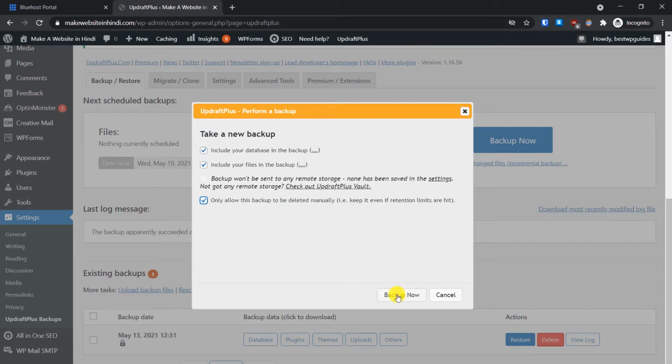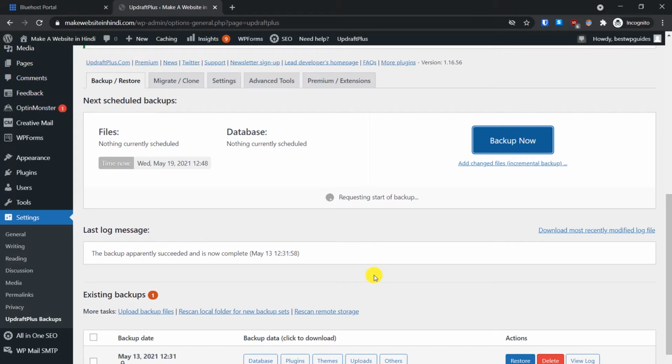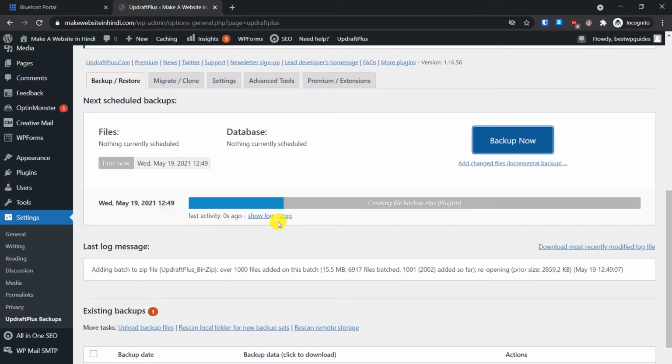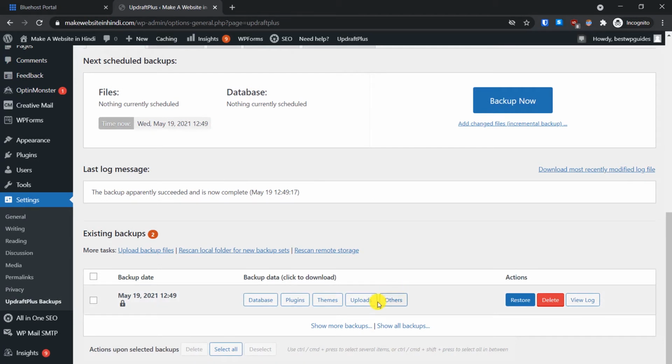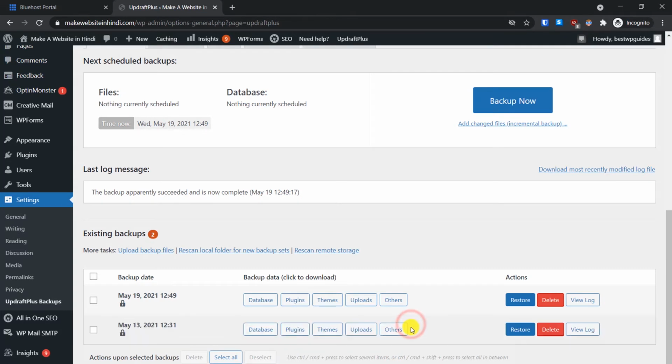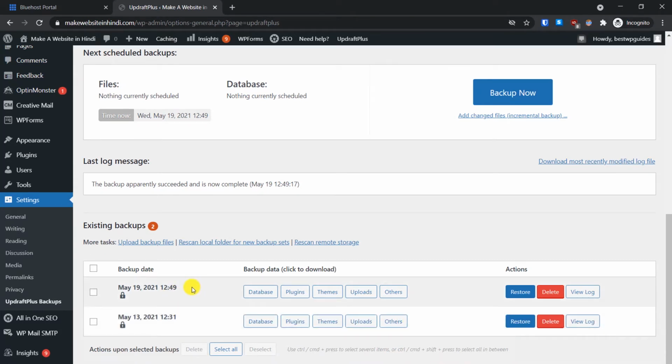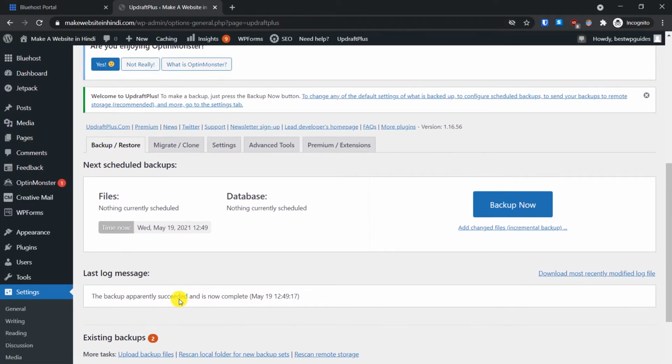So click on backup now. The backup is complete. Just close it, and here you will see all the backups available. So I will click on show all backups, and here you can see this is the backup I just created. Okay, so this was the manual backup.